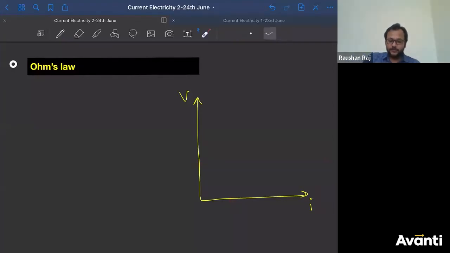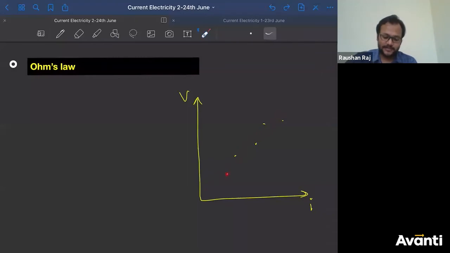For a particular voltage, you might have calculated the current, and then you might have plotted them on graph paper. And if you had forgotten to bring that graph paper, you would have been sent out of the lab, or fined, or given a good amount of scolding. But at the end, when you got the points, if you were doing that experiment honestly, not cheating, not copying the values, then you will agree with me that you got these random dots. They were not along a straight line.